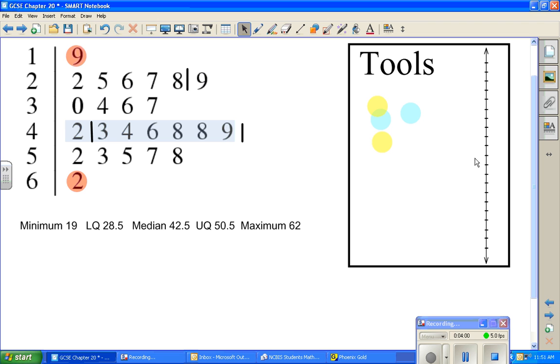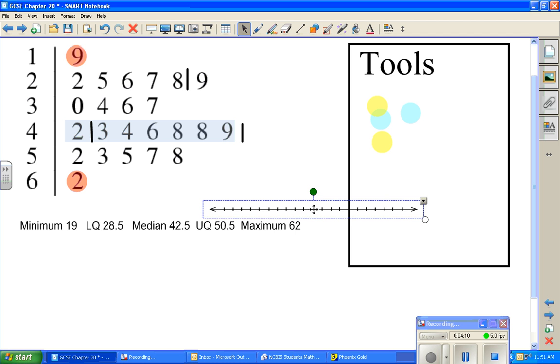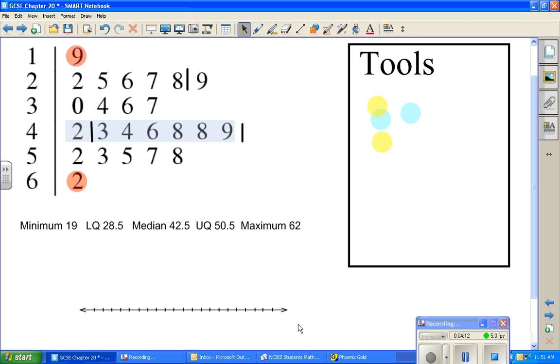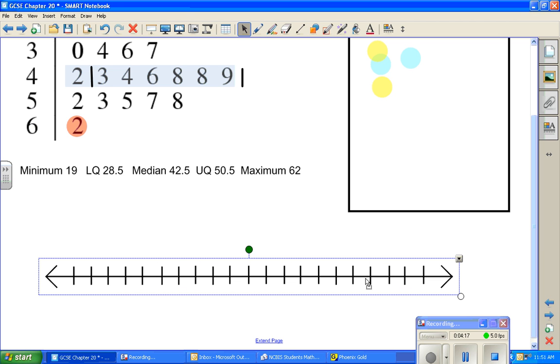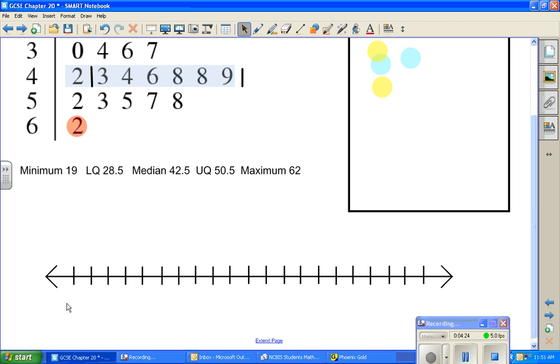What do we have to do then? Well, we have to draw our box and whisker diagram. Now, to do that, the first thing that we're going to have to do is have a scale line. Now, I'm not going to go through this completely, because you should be able to do this quite easily now. So we need to have a scale line where at this end it starts off at 19, at the other end it finishes at least at 62, and there's an appropriate scale in between,